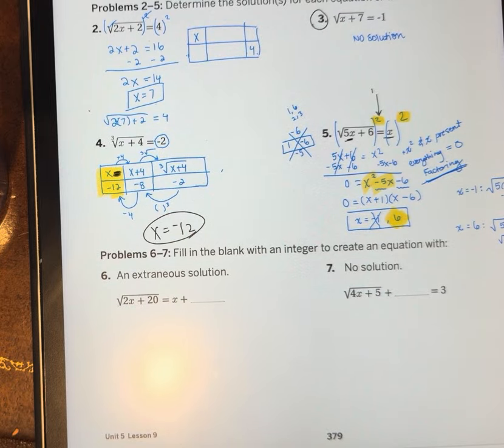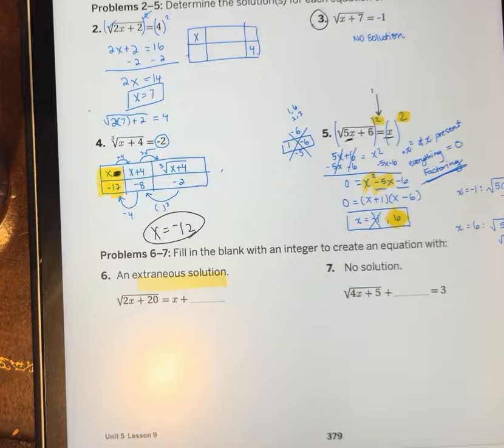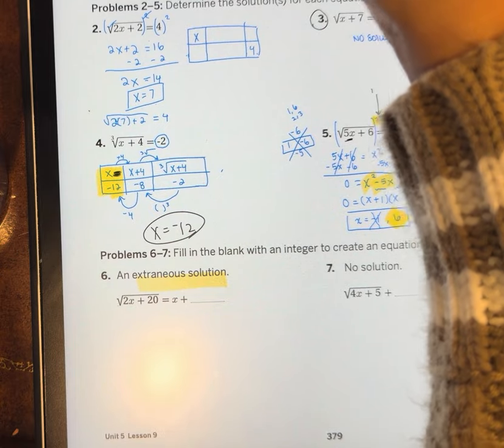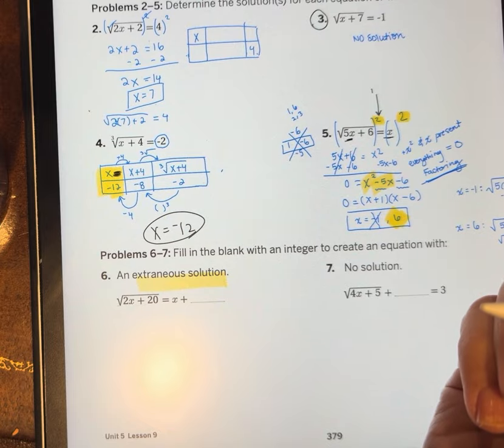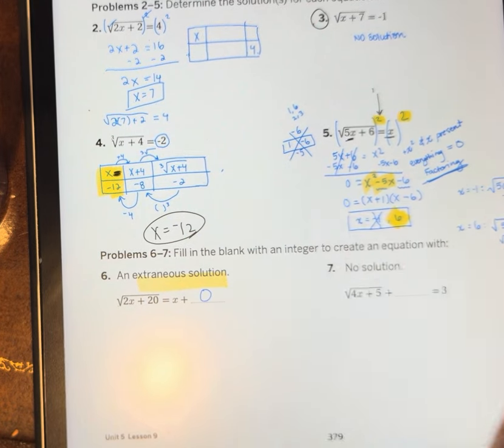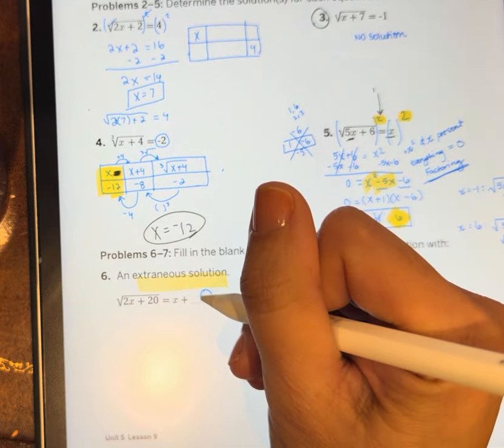Fill in the blank with an integer to create an equation with an extraneous solution. Très intéressant. Let's see. I'm thinking like a negative number. Actually, I'm thinking of not messing with this at all. I don't want to square that. Yeah, I'm going to put a 0 and hope it works out, because anything other than a 0, you guys,